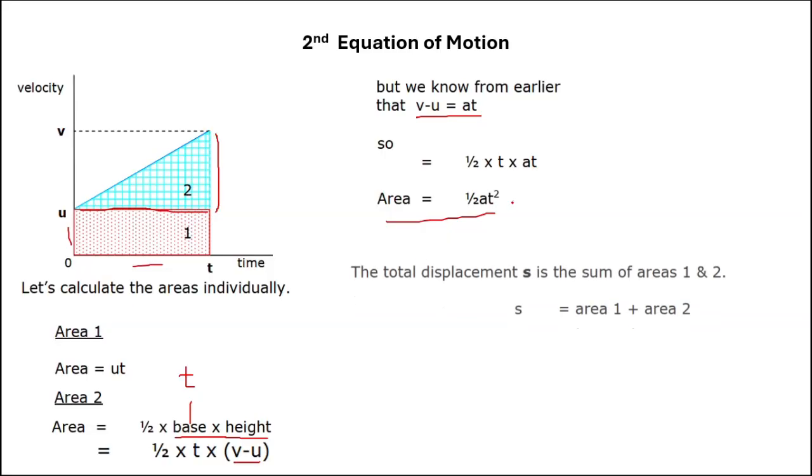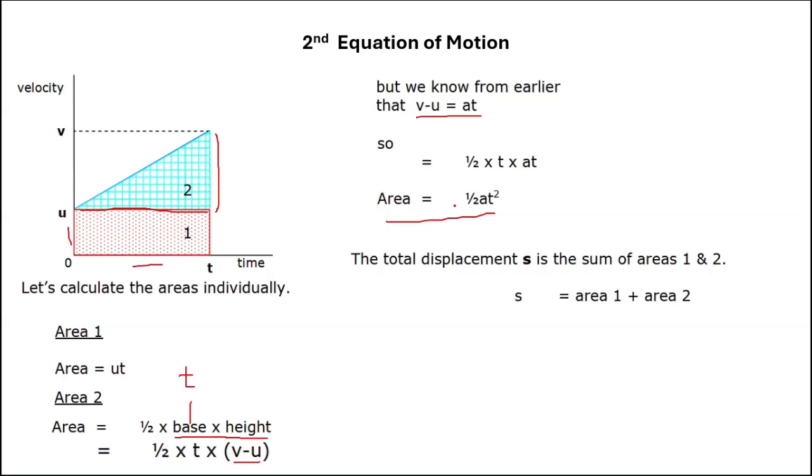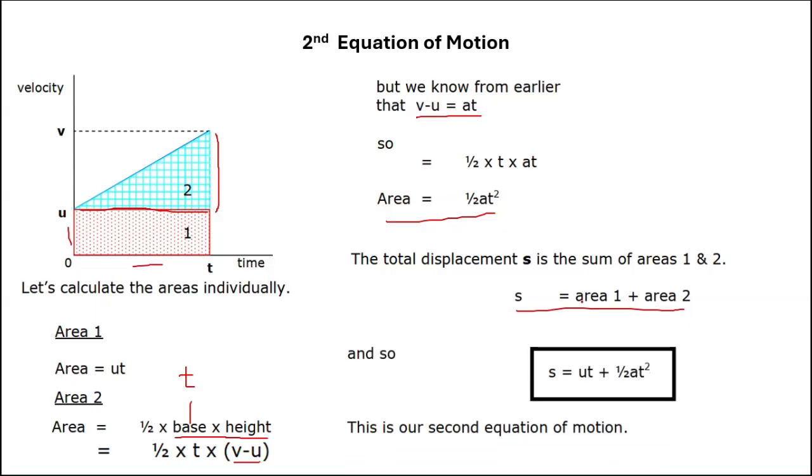Okay students, now the total displacement will be equal to the sum of area 1 and area 2. We have found both area 1 and area 2. So the total displacement is the sum of areas 1 and 2. Now we will just put the values of area 1 and area 2 in this equation. So we get area 1 is ut and area 2 is half at square. So we get displacement is equal to ut plus half at square, and this is our final second equation of